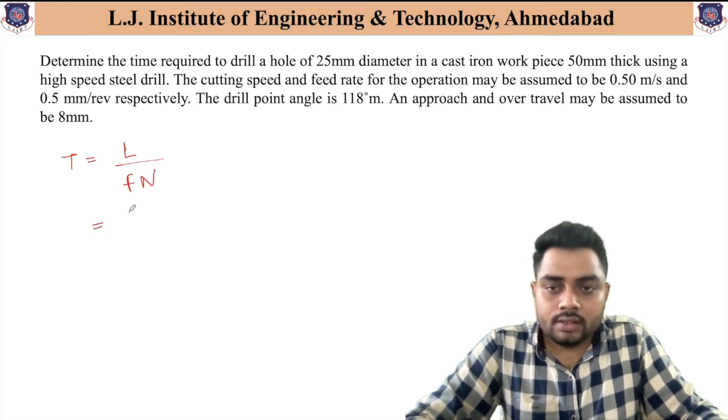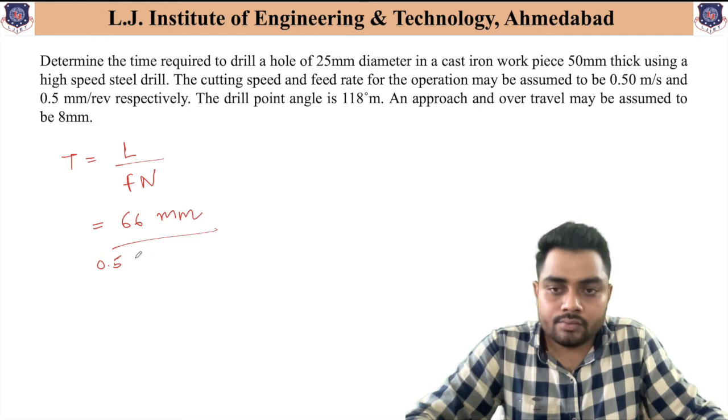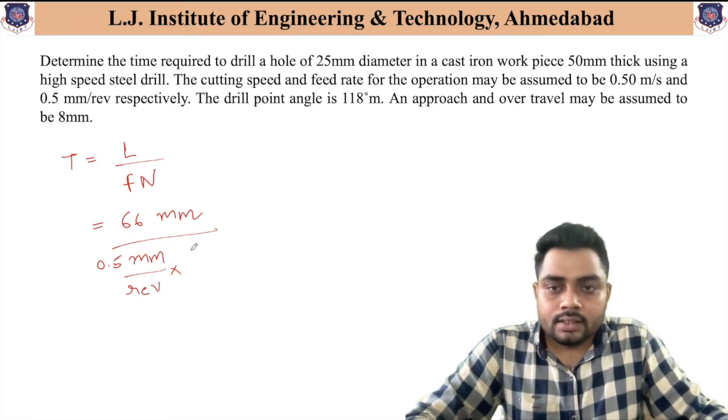Now we got the value of L as 66 mm. Now the feed that is given is 0.5 mm per revolution, and the RPM we got, that is 191.08